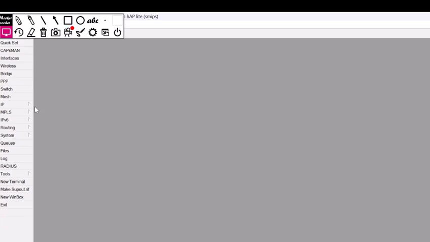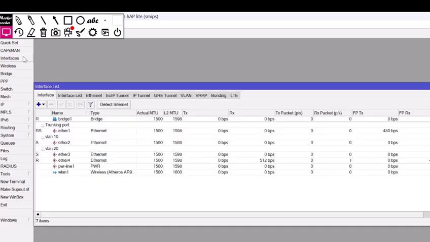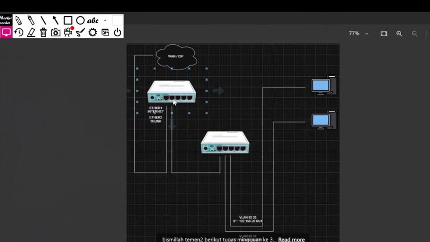First we open the interface. The interface is different from the switch one, because we just use one internet connection here. Why is router one different from router two? Router one uses just one Ethernet, and router two uses two Ethernet ports for two clients.